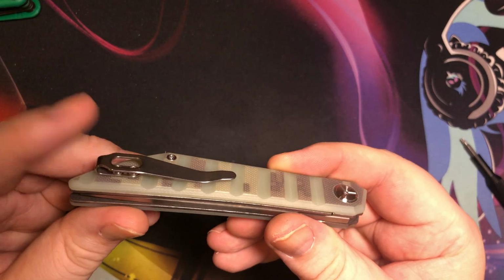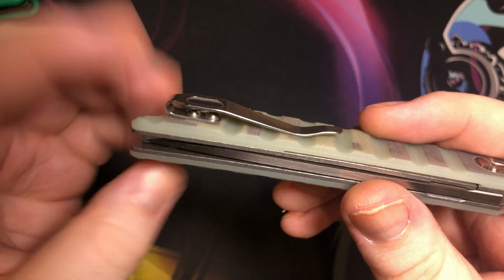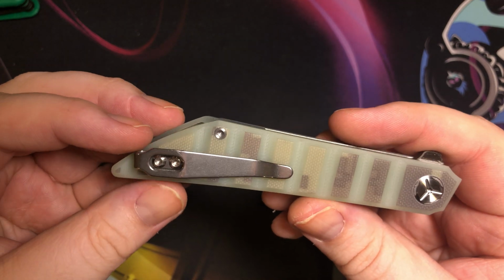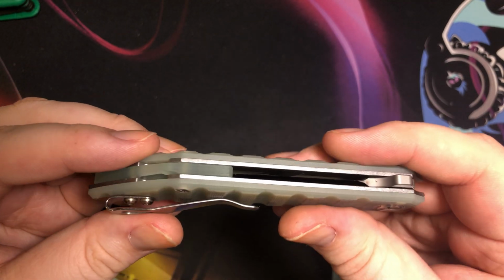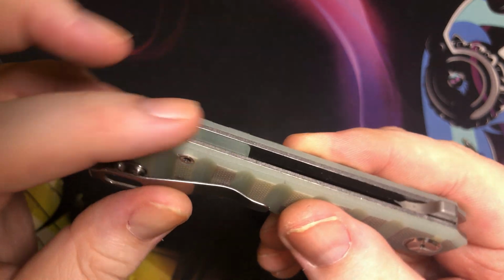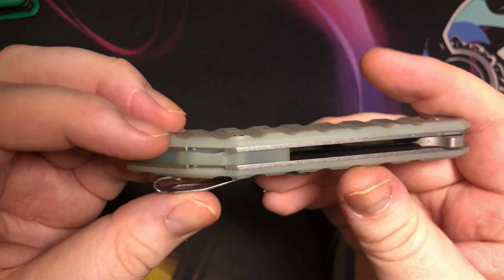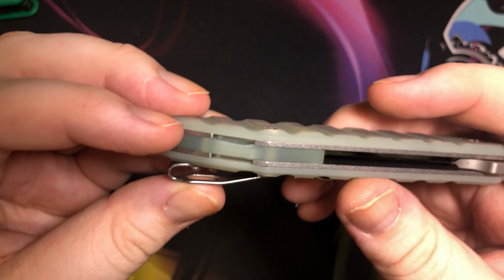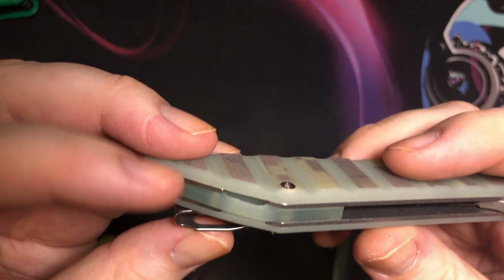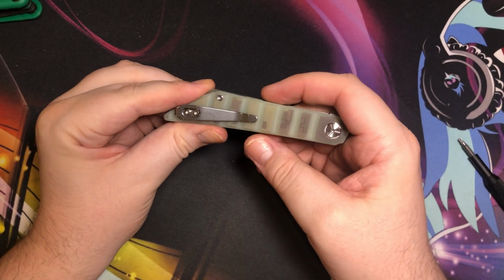But yeah, he's got a nice deep carry pocket clip. It's still got the button head screws. It's just kind of an industry standard. Whether or not I particularly prefer it, oh well. And we have a G10 backspacer that also doubles as a lanyard loop kind of thing. It's a little snug in there, and like the